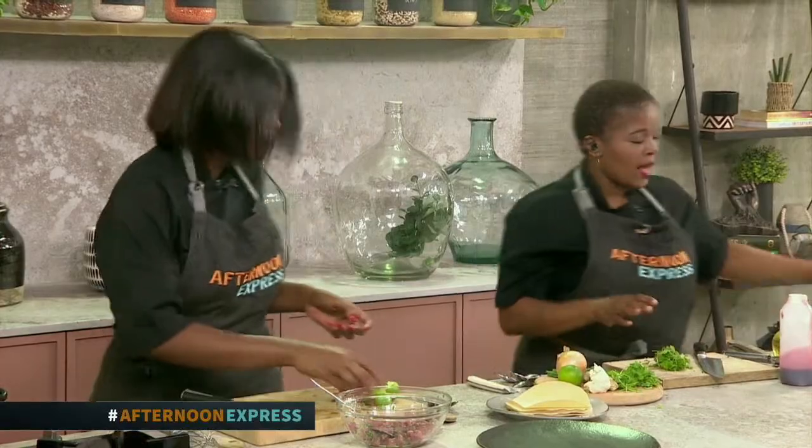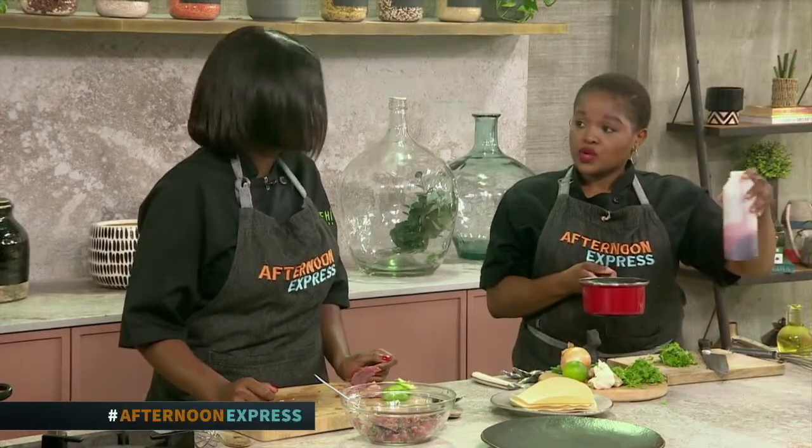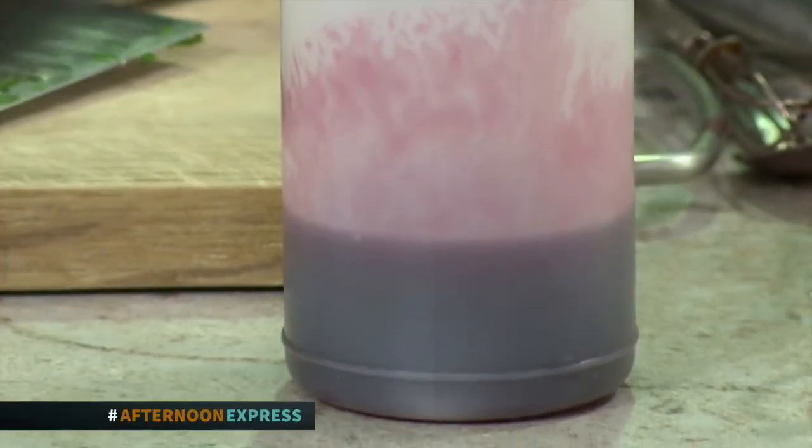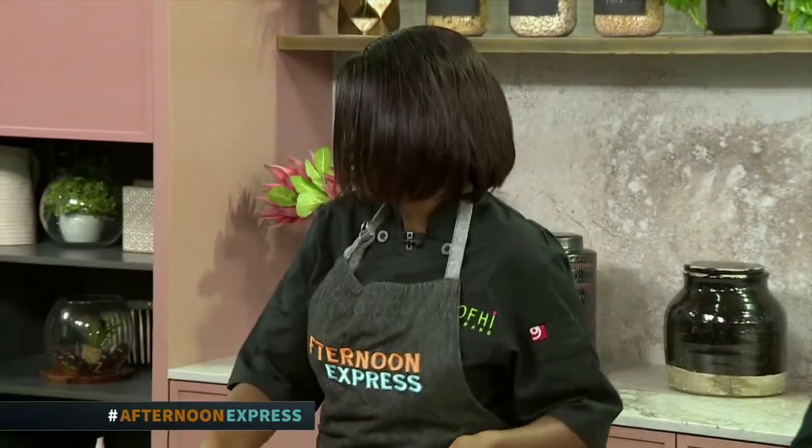But I just want to show people, right, I made that pearl mixture. It was on the stove. It was nice and hot. But you did mention to me before the show that it has to cool down. Definitely. So I have a mixture that was already cooled down that I've got here. Cooled at room temperature, not in the fridge. No, at room temperature. If you put it in the fridge, it's going to clog up. Yes. So you're going to have jelly instead of like a... Literally. So it's all about the consistency when it comes to...